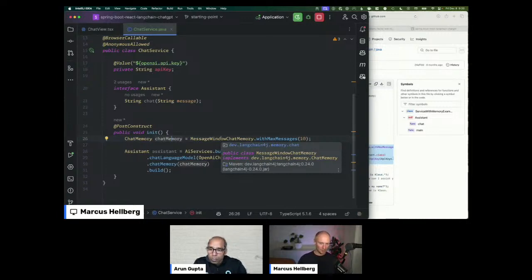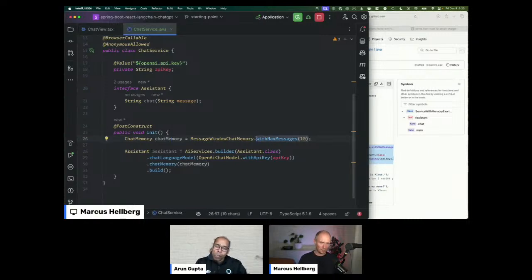So in this case, we want to track the message history so that it remembers our previous answers, but only up to a certain limit. In this simple example, we're just going to say keep the last 10 messages. That's going to be fine. We could swap this out for a token window where it would say keep track of 200 or 500 tokens worth of history. This chat memory class is essentially where those 10 messages are going to be stored. If you want to access any of the context of the history, that's where you can tap into.